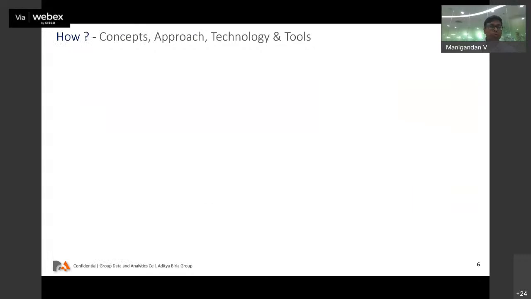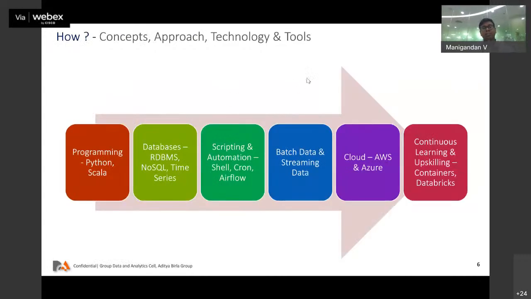Within this given time, we'll not be able to crack everything about data engineering. But what we can do in the next 10 to 15 minutes is look at how you can develop yourself into data engineering. So why a data engineer? Because you would have heard this term,